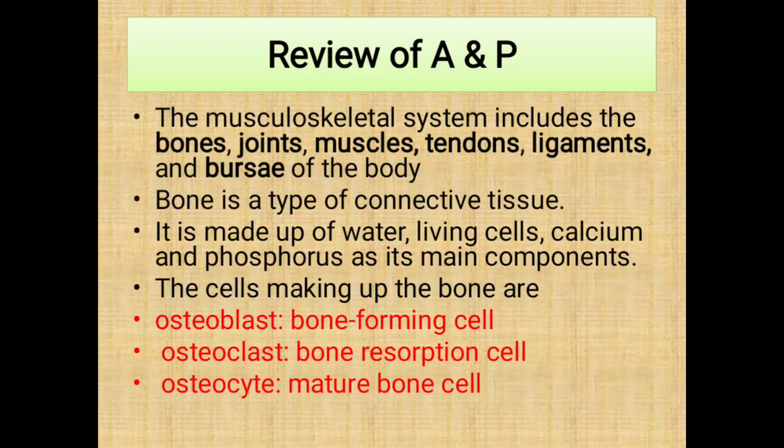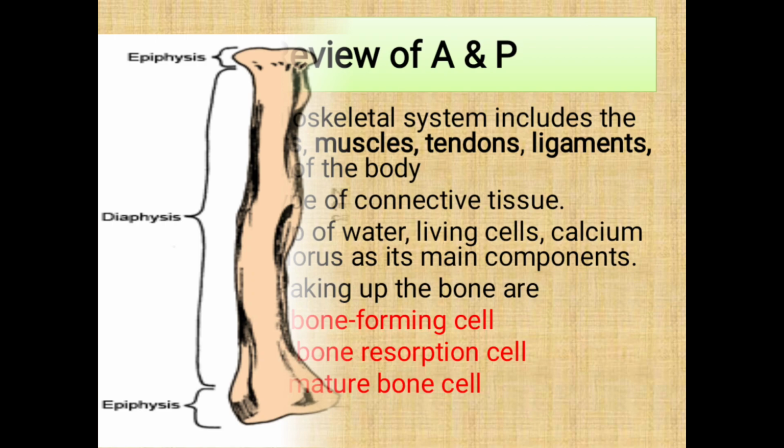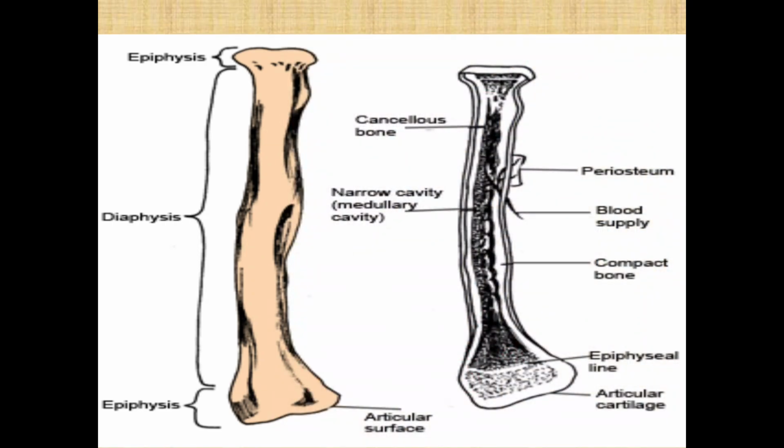It is made up of water, living cells, calcium, phosphorus as its main components. So cells ina make the bone ni tatu. Kuna kitu inaitwa osteoclast. Before that we have osteoblast. Osteoblast ni the bone forming cell, sawa. We also have the osteoclast, bone resorption cell. We have the osteocyte, mature bone cell. So ni osteoblast, osteoclast and